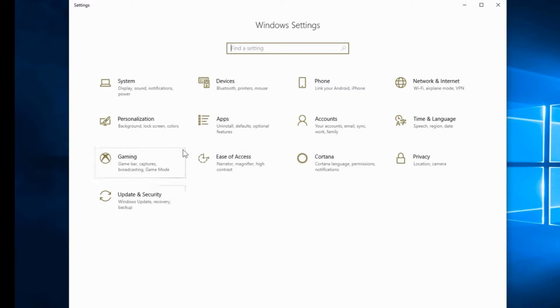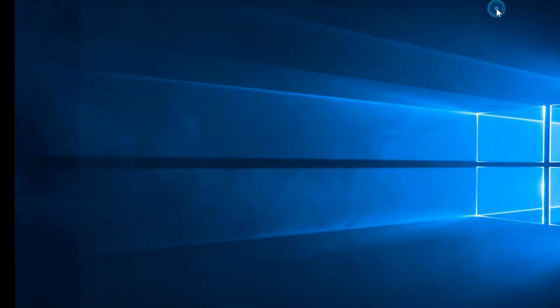And some of the things should look familiar: system settings, device settings, apps where you can uninstall and set the defaults, and personalization. So these kind of things are all in here, including your time, language, regional, date settings, that sort of thing, even your network. And if you're not sure what category to go through, you can just type in something here and find a setting, and it will find it for you. Most of the time, I don't even go in here.